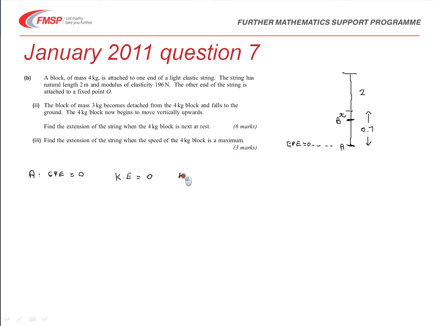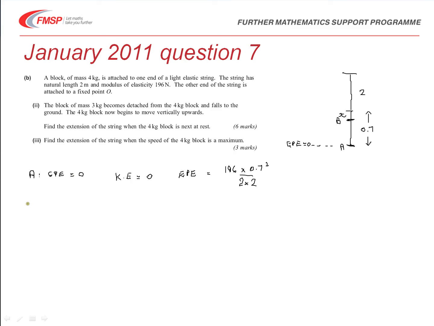And then there is elastic potential energy, which we know is given by lambda e squared over 2L. So it's going to be lambda, which is 196. The extension is 0.7, so we must remember to square that, over 2 times L, which is also 2. Similarly,